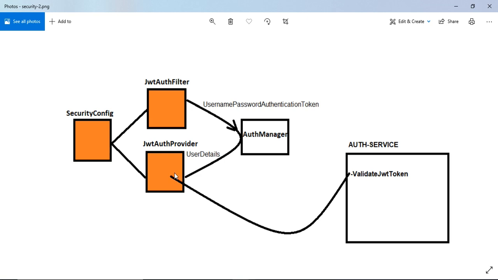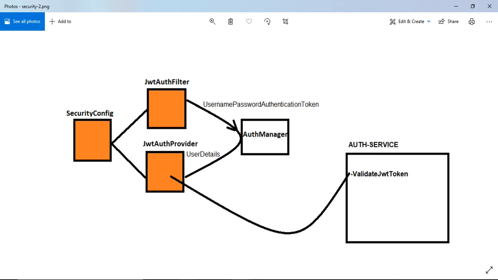Then the provider gives that response to the authentication manager, but it can't give it directly; it has to give it in a specific format called UserDetails. UserDetails is an interface, so we create our own custom implementation class and return it. So this is the overall flow we need to implement.